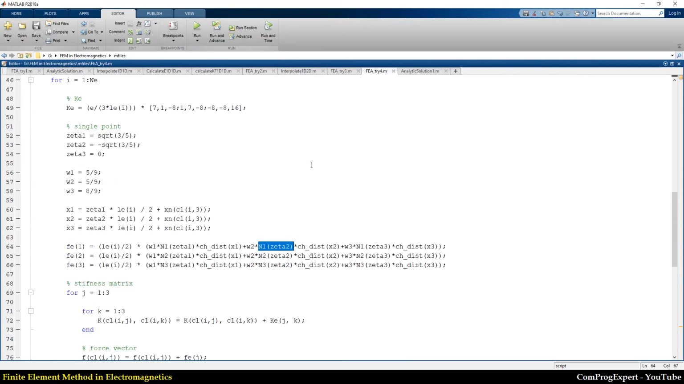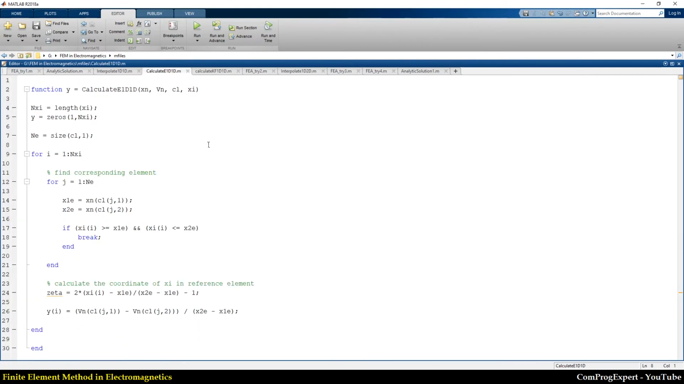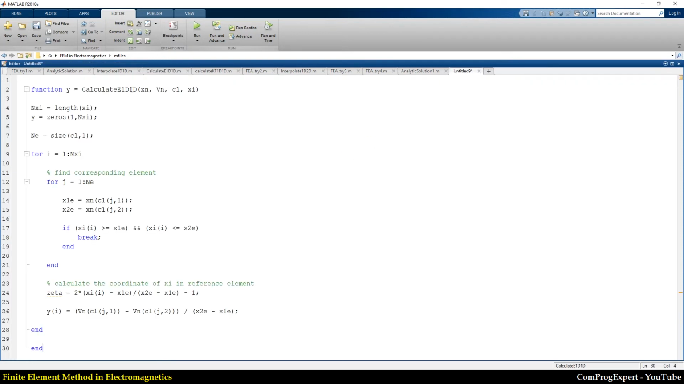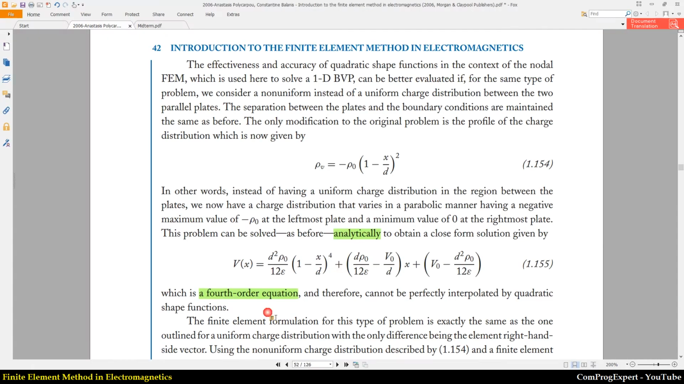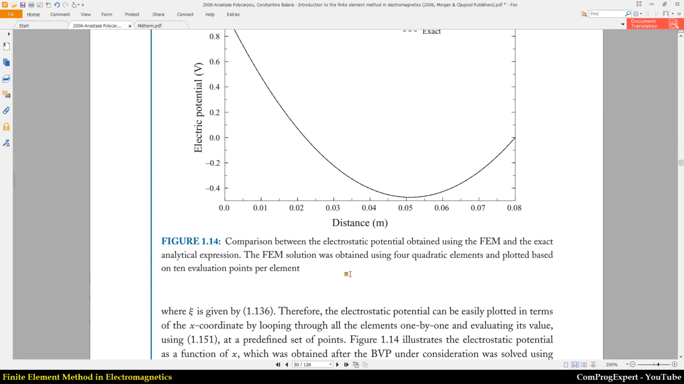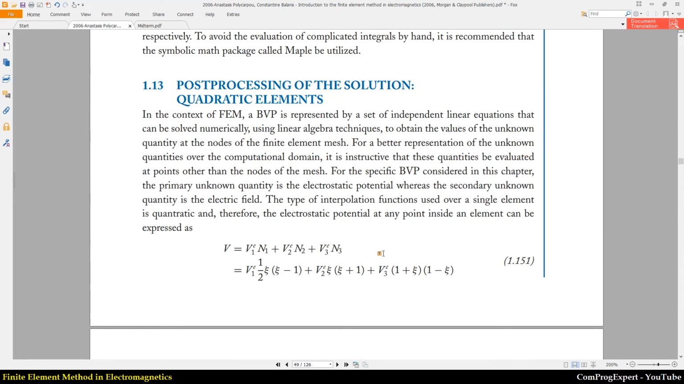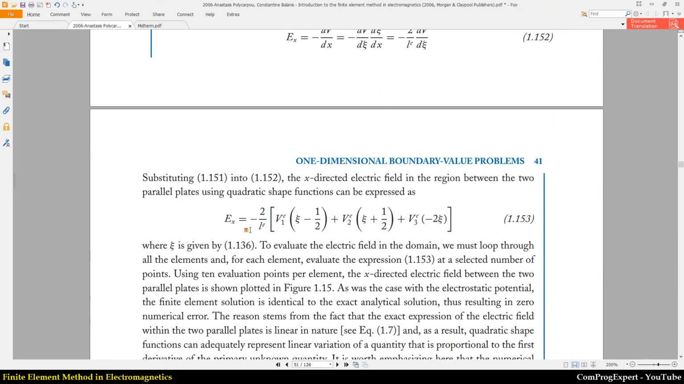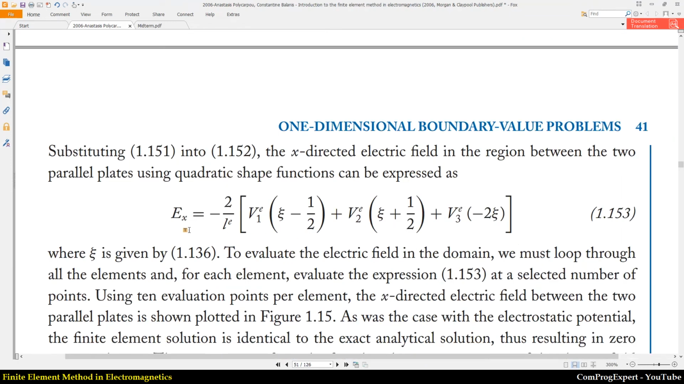calculate the electric field also. So this is calculate E for 1 degree elements. I copy this and paste it here. Calculate E for quadratic elements. Save. As you know, the procedure is totally the same. Just we need to calculate the value of corresponding reference coordinate. So this is the value of V and this is the value of E for quadratic elements,